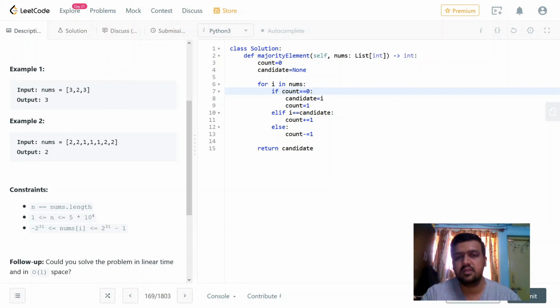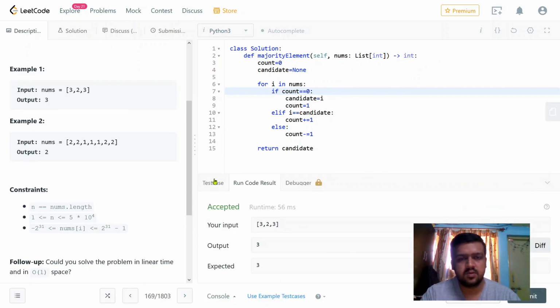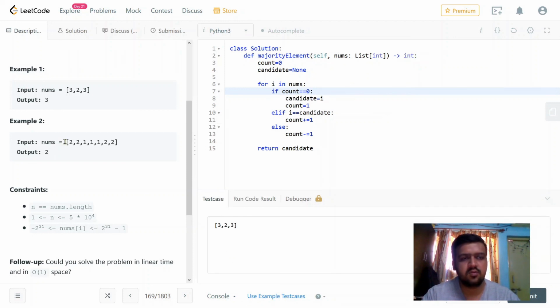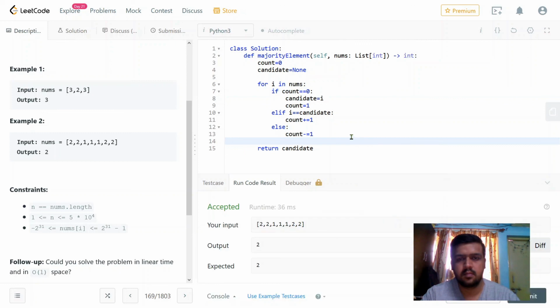So let's try to run this. This is working fine for this test case. Let's try this other one. This is working fine for this as well.